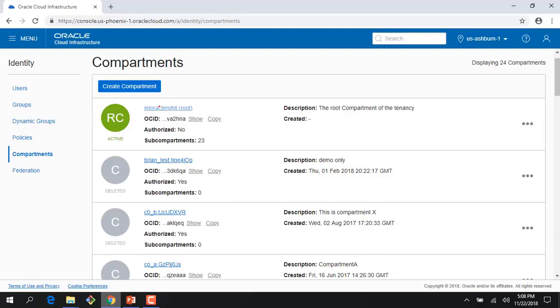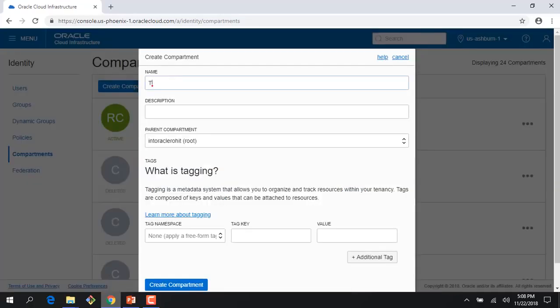So I would say the compartment name is training, and this is fine. Compartment for training users, and it's asking me for a parent compartment. Remember, we talked about the fact that your root compartment is the parent for your account. This is when you create a tenancy, you get this root compartment. So I'll click create compartment here,